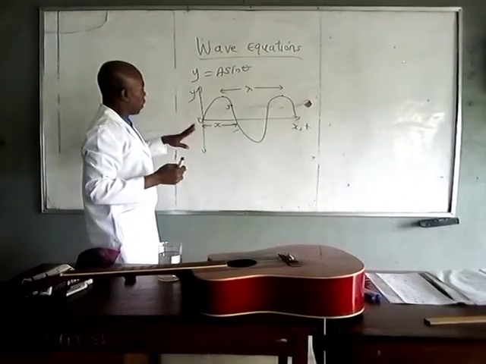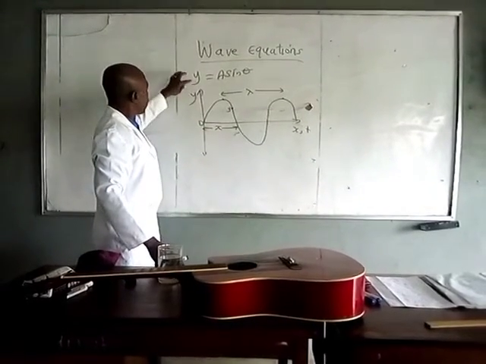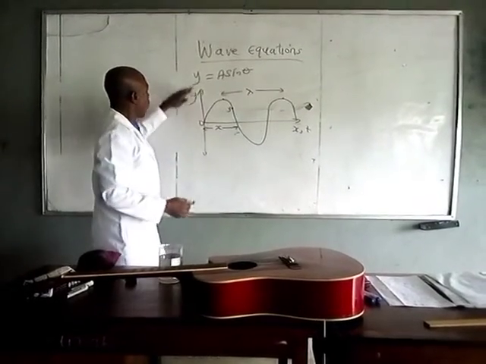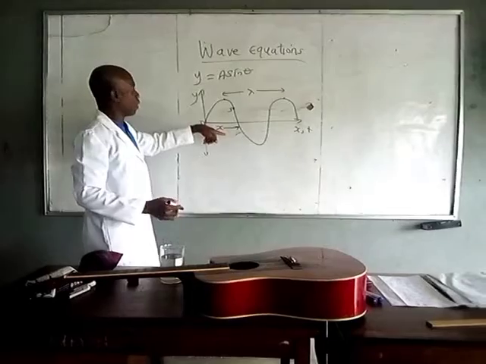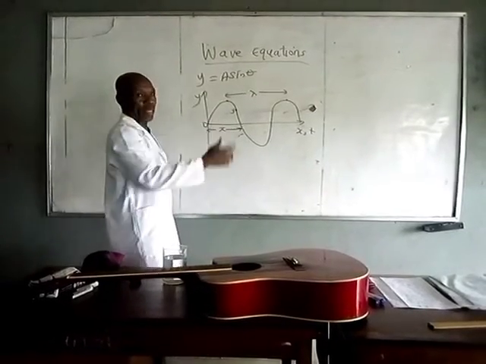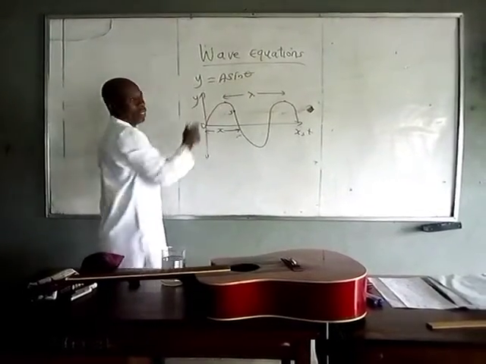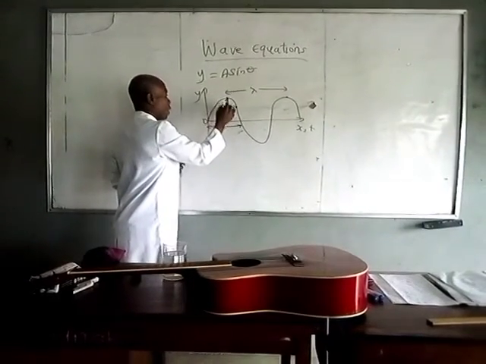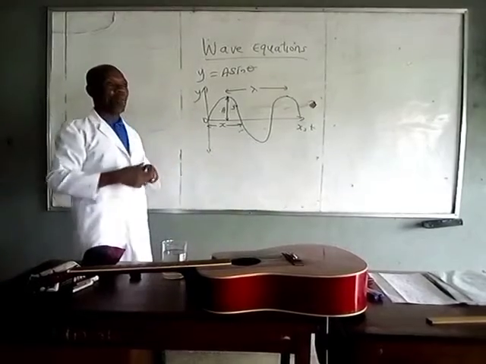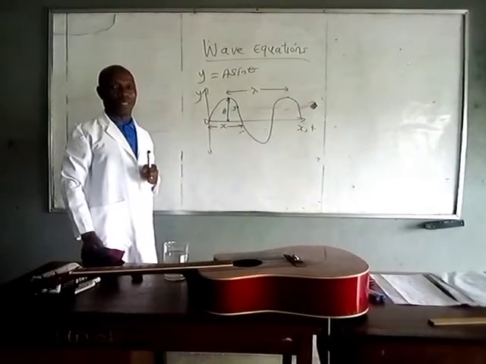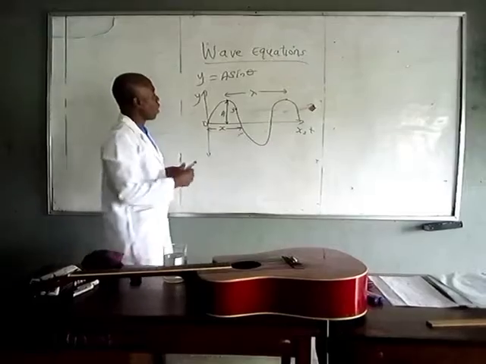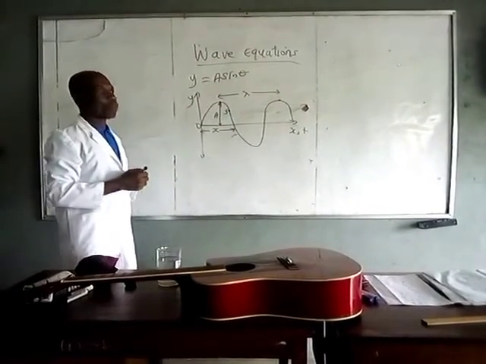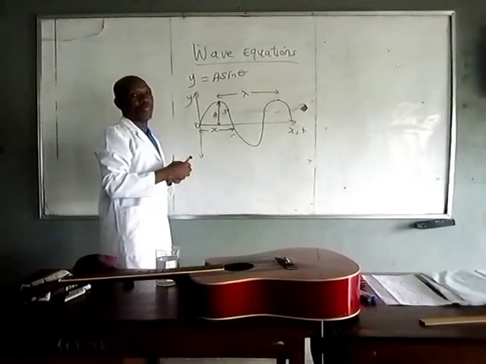So, this graph here, y is equal to a sine theta. Y is the vertical displacement of the vibrating particle. A is the amplitude. Amplitude A is the maximum displacement of the vibrating particle. This theta is the phase angle, and phase angle is obtained from